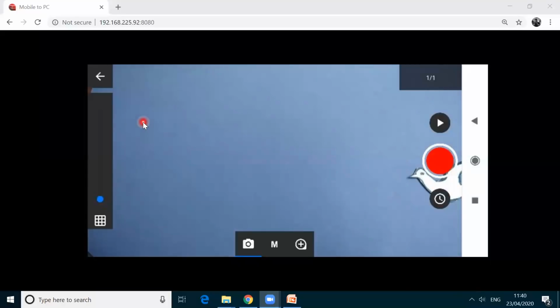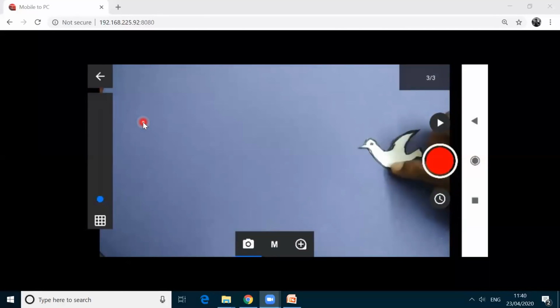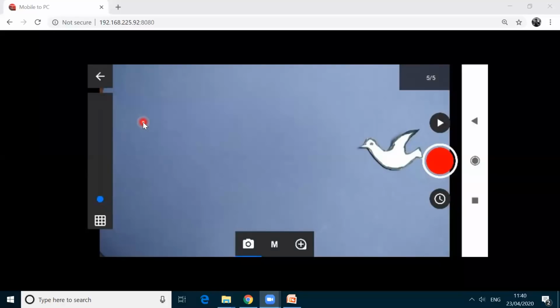Now I'm going to take some empty photos, one or two. It's up to you to decide. And then I am moving this bird here, and I am clicking here. Now I am deciding whether I should click each and every time, or whether it has a timing option, so that it clicks automatically, then it will be easy for us to move, right? Here the next option, see, there is an option given here, that is timing. You can click by timing also.